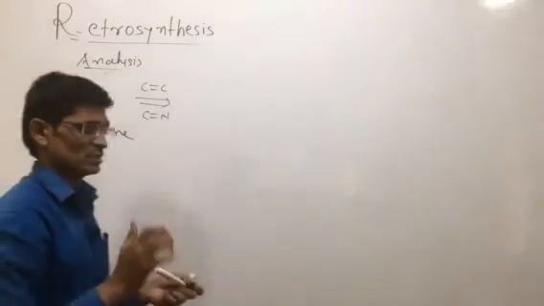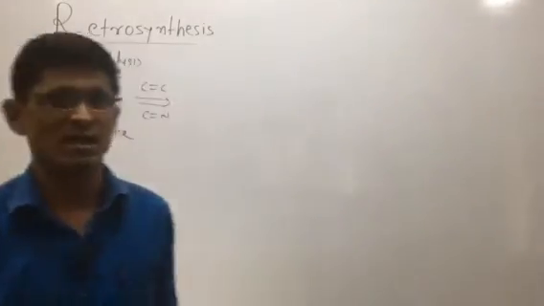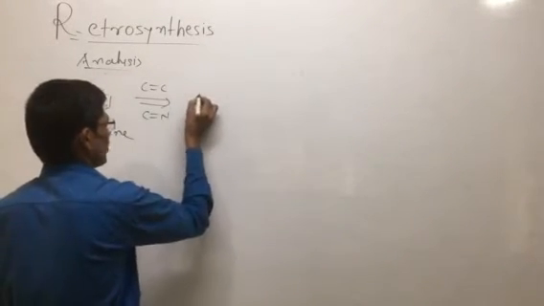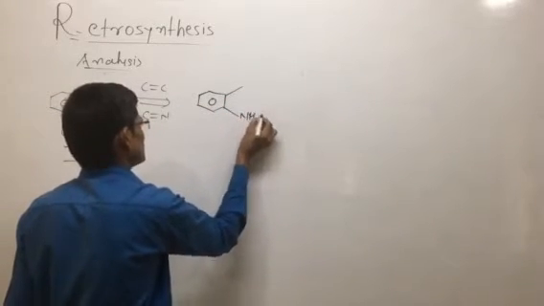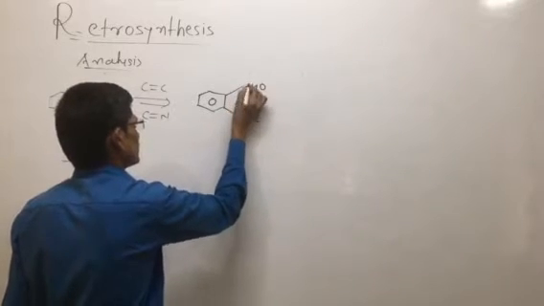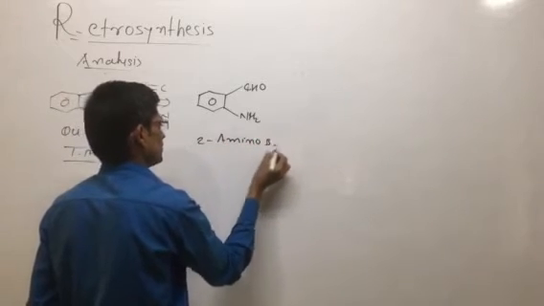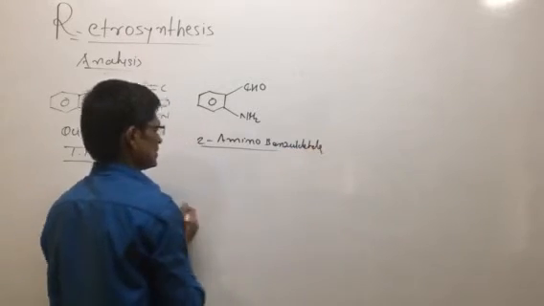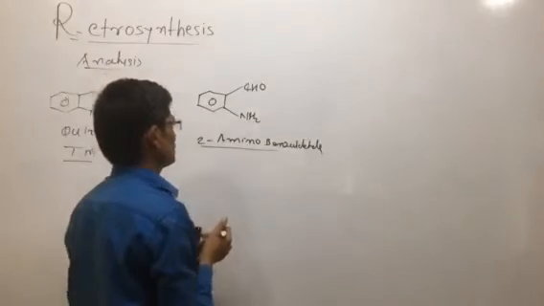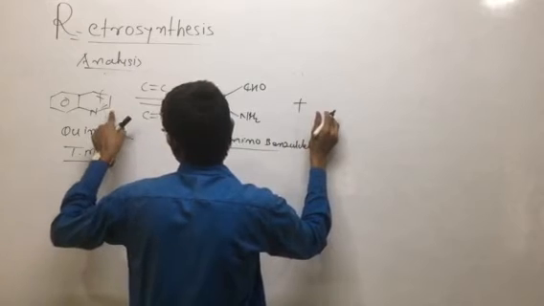These are the target molecules. We can take a single target molecule without a substituent, or a substituted molecule, the nitrogen-containing six-membered fused heterocycle. For the synthetic equivalent, we want the NH2 group and here the CHO. The name of this compound is 2-amino benzaldehyde, or ortho-amino benzaldehyde. And what is the other synthetic equivalent?